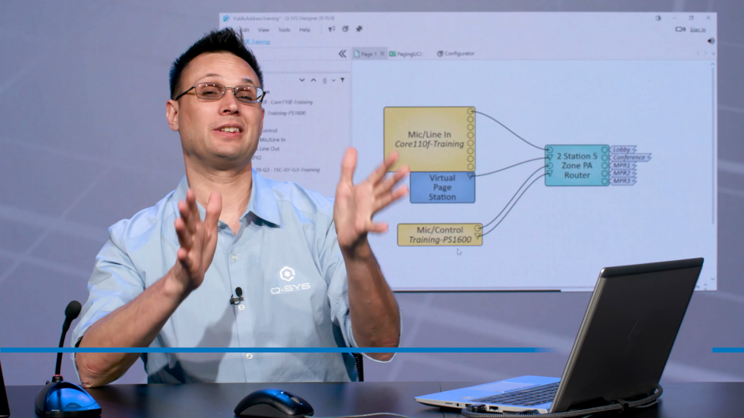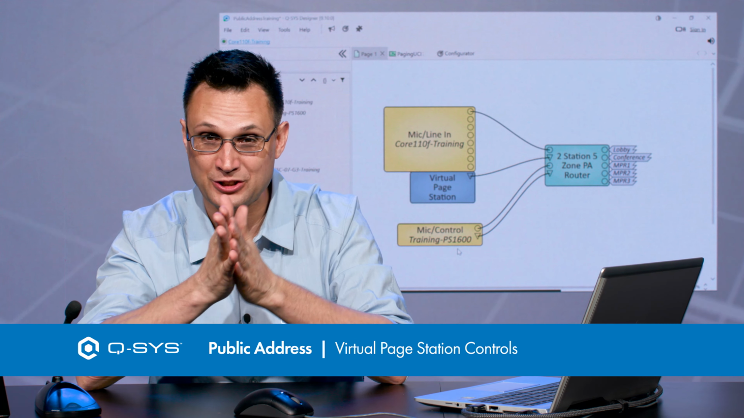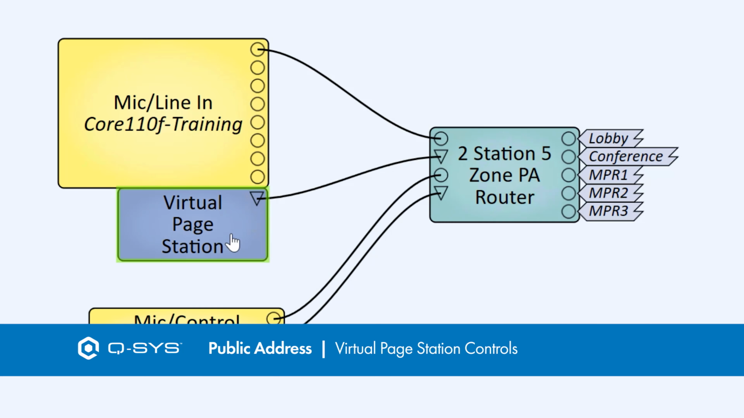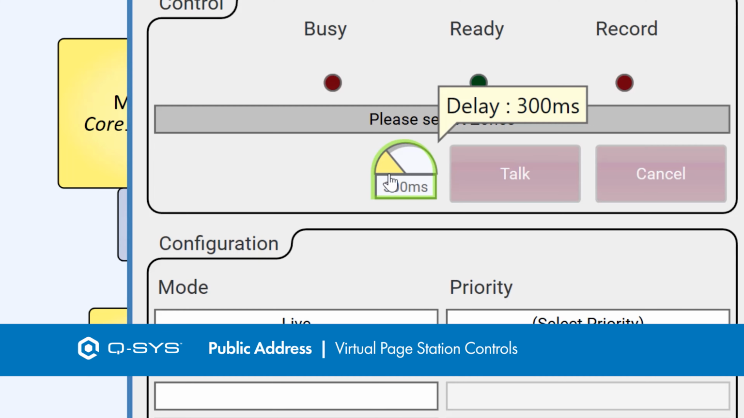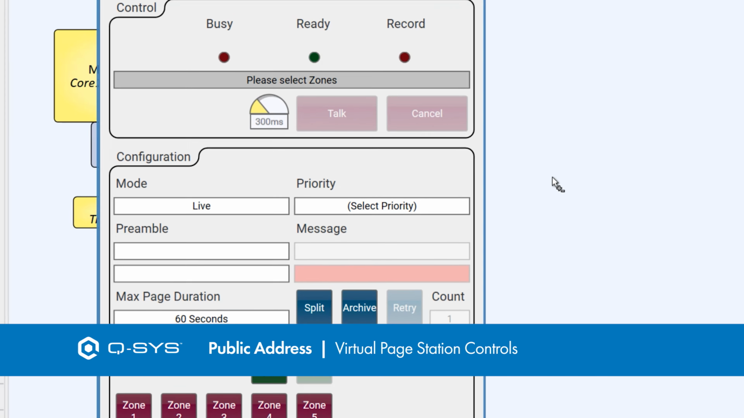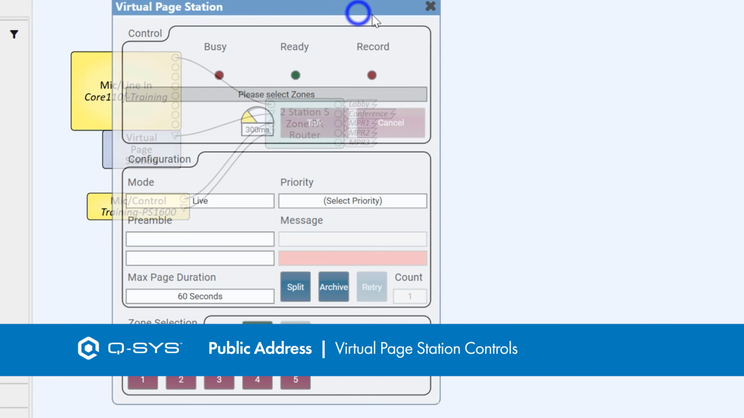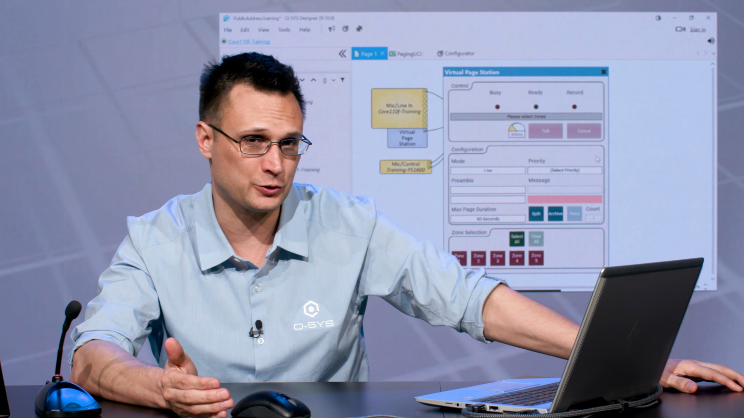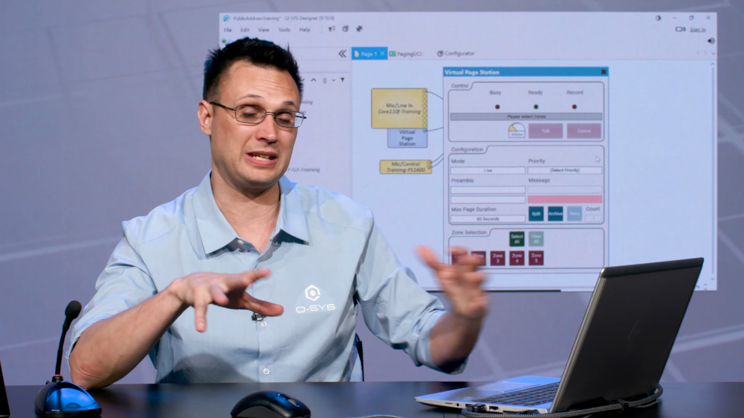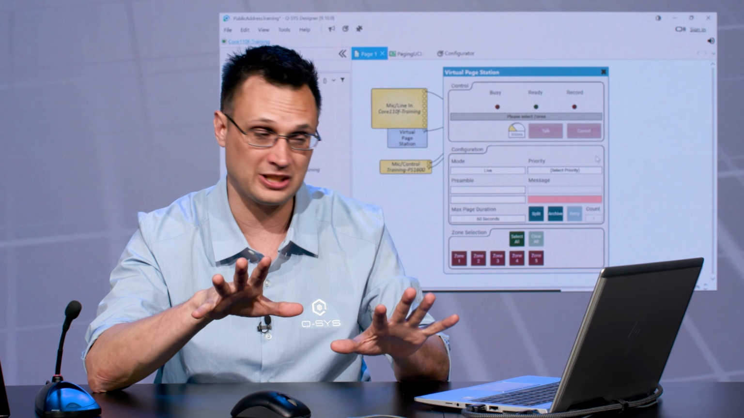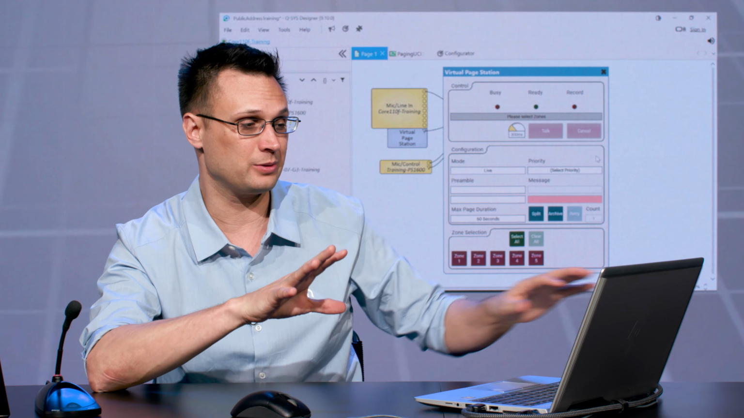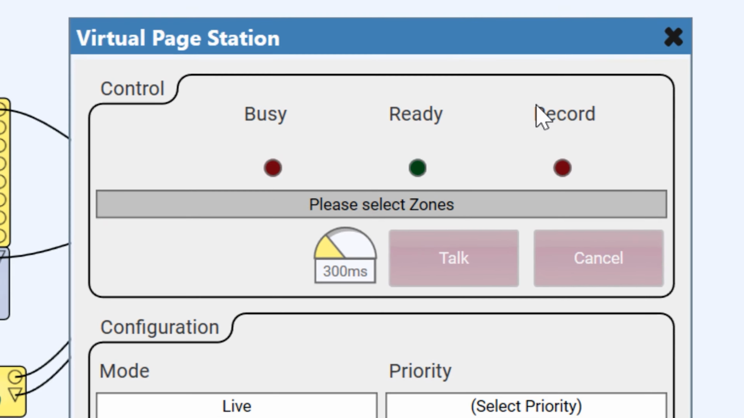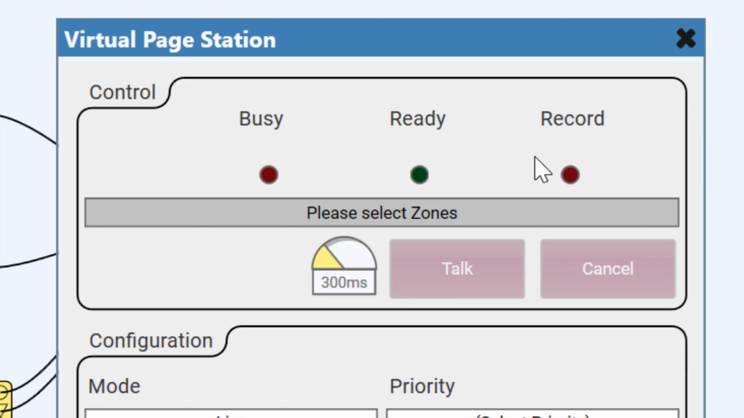Welcome back. Okay, let's dive into the virtual page station's control panel and start to make some noise. I'm going to double click my virtual page station, zoom out a little bit. Right now we've got some controls here. We're going to actually expand this virtual page station a little bit later, and there's going to be even more controls. For now, let's just keep it in its default mode, and we'll take a look at what each of these buttons does. At the very top, you have a control section, and this is where you can start or